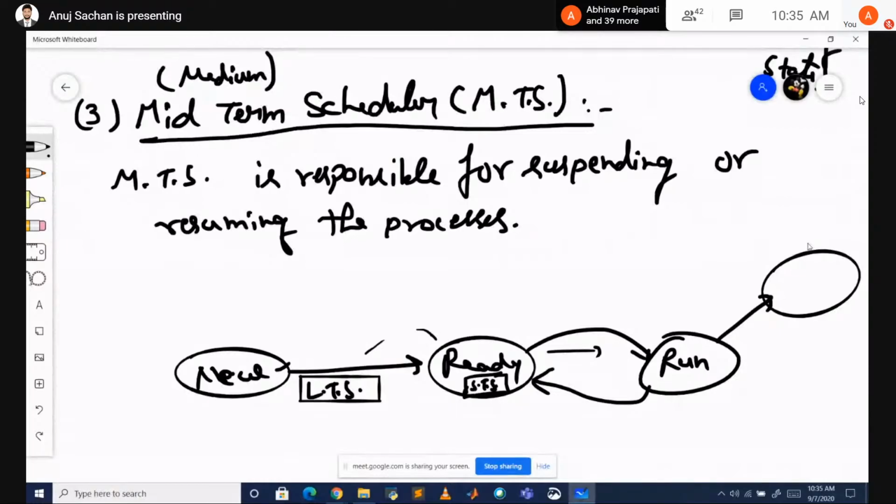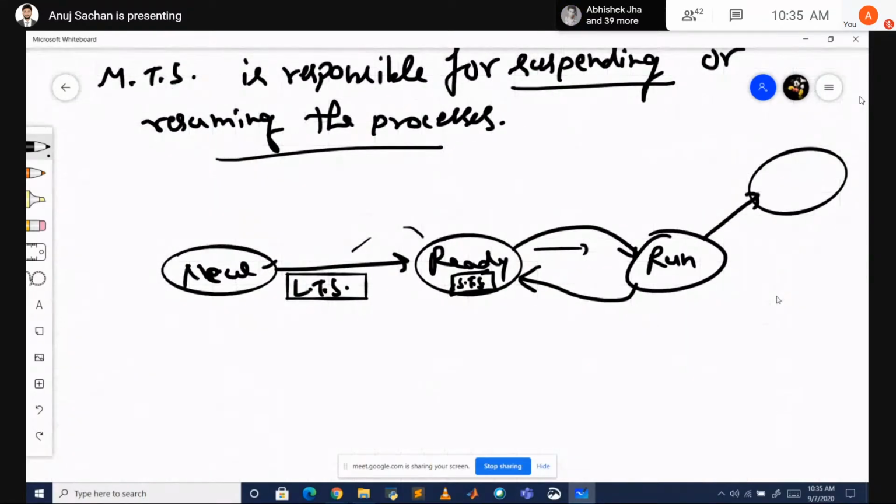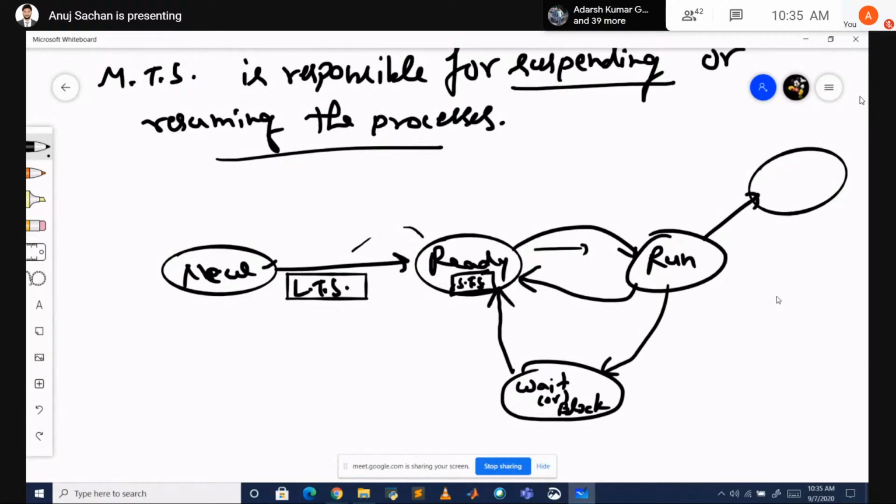तीसरा शेड्यूलर होता है मिड टर्म शेड्यूलर। मिड टर्म शेड्यूलर क्या होता है, रिस्पॉन्सिबल फॉर सस्पेंडिंग और रिज्यूमिंग द प्रोसेस। तो प्रोसेस सस्पेंड और रिज्यूम कहाँ होते हैं, ब्लॉक और वेट स्टेट में। उसके बाद एक और होता है सस्पेंड ब्लॉक। तो यहाँ पे होता है आपका मिड टर्म शेड्यूलर।